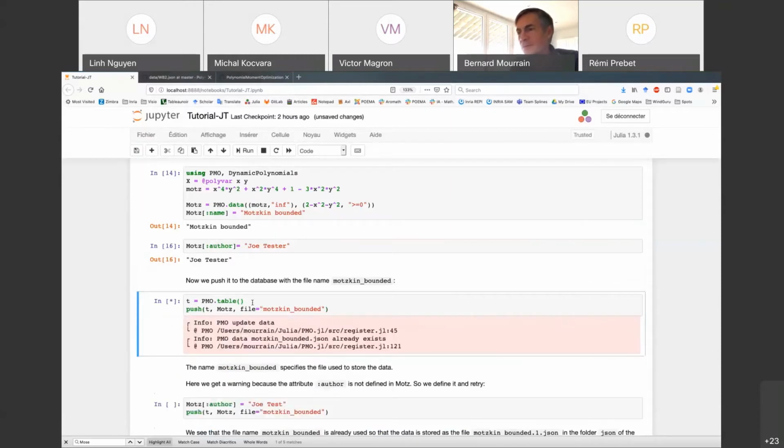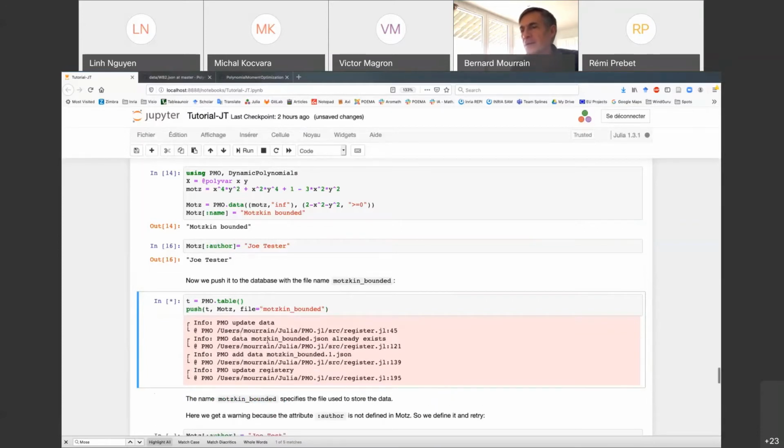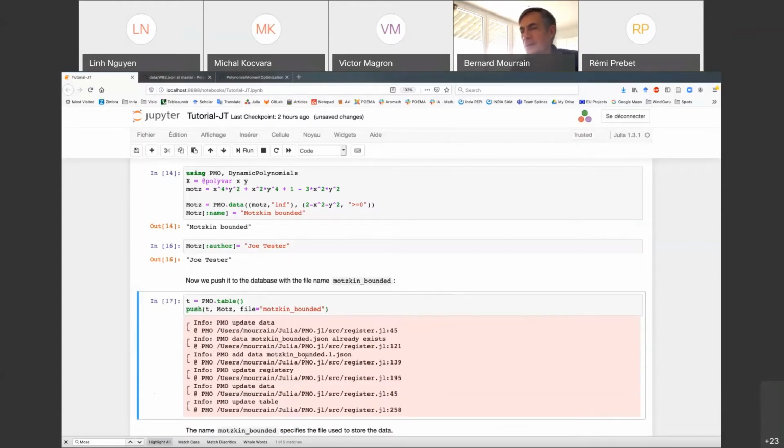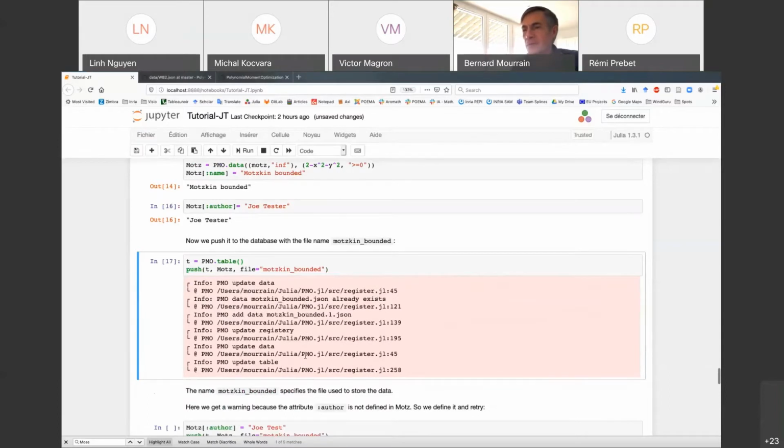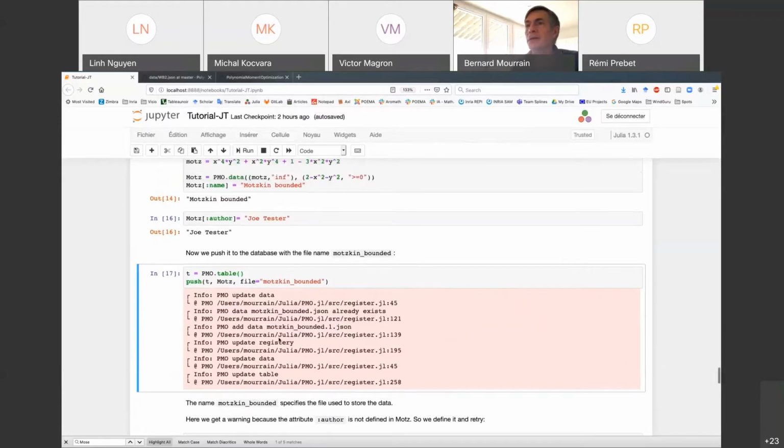So this is using Git. Now we are adding a file, Motzkin bounded. It turns out that Motzkin bounded is already used as a name for a file, so a new file is created. And now the data is registered in the database, and it can be seen.